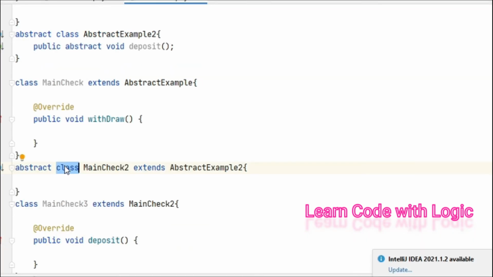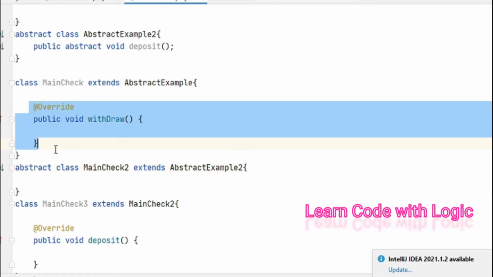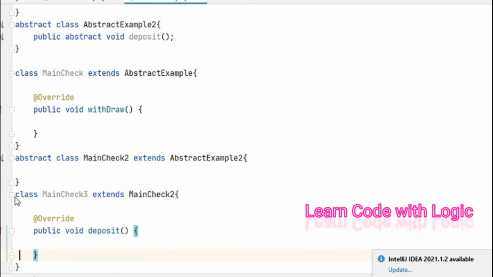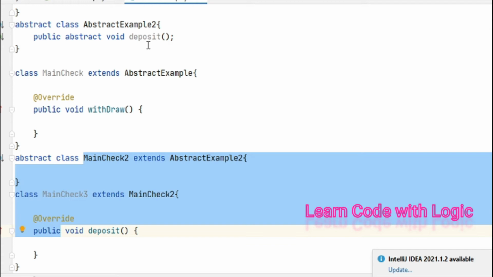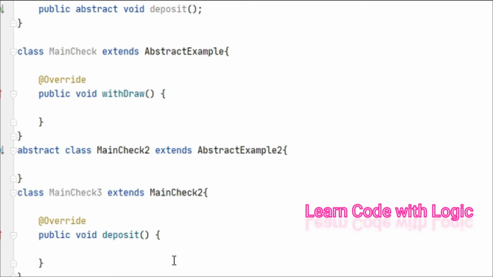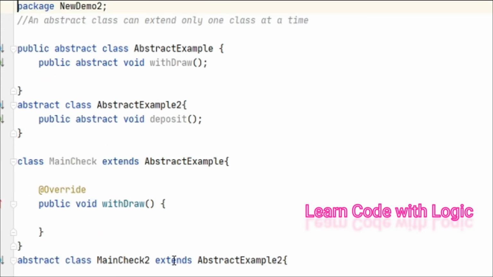Please observe carefully here. The first thing is class or abstract class, whatever it may be, we extend, right? But if a class extends the abstract class, it is asking for unimplemented methods. When an abstract class extends, it is not asking for the unimplemented methods, meaning abstract methods, because this is also an abstract class, right? But whenever you extend this main check, it's asking for those unimplemented methods. There is a logic and connection between everything. So come to our example.